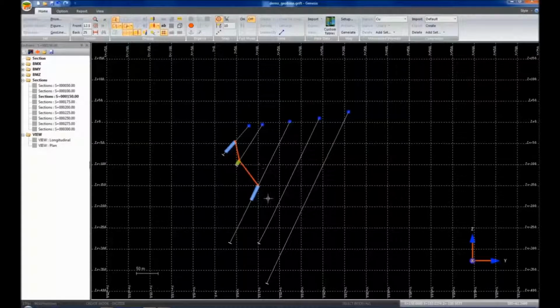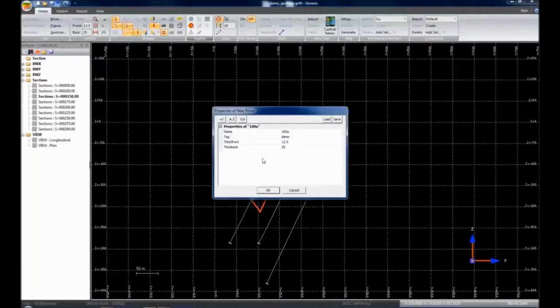Okay, I can go do the middle between these 2 points. I can do the middle between these 2 points. I can set back my snap here, and I can snap to these ones, and I can just set 1 point here, 1 point there, and then digitize. We'll rename it 150A